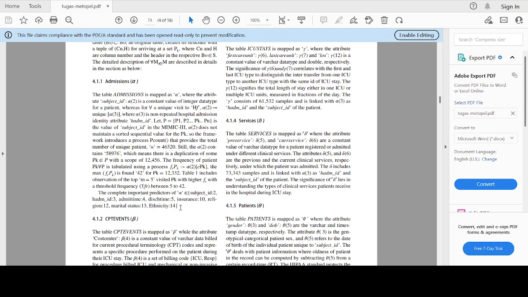Basically preventive measurements, which is called early warning sign, or in short EWS. So they use those parameters to decide if a patient